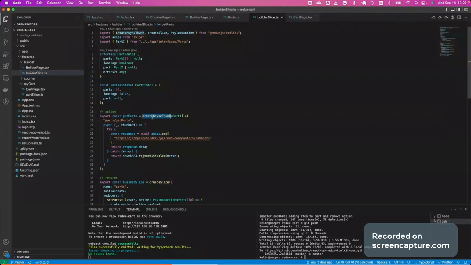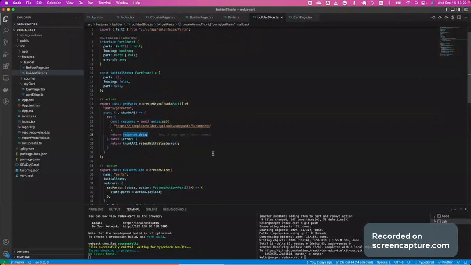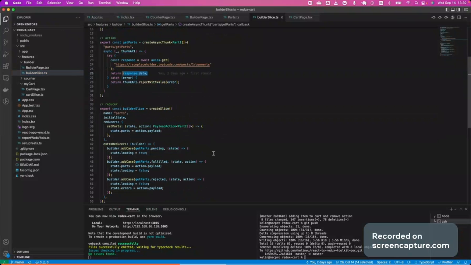So this is what I did. Okay, and I created an asynchronous thunk. This is actually from the toolkit. Okay, and then this is where the response data will be returned, right? Okay, and then the immediate next is the create slice, build slice, and bring initial state, which